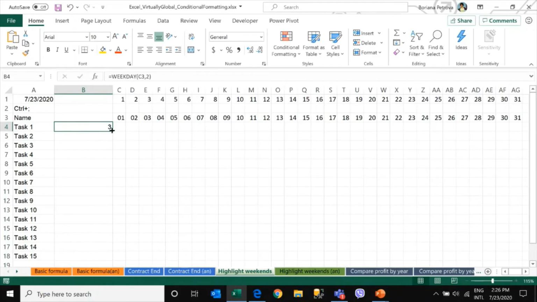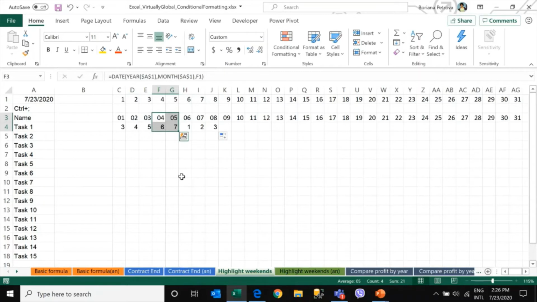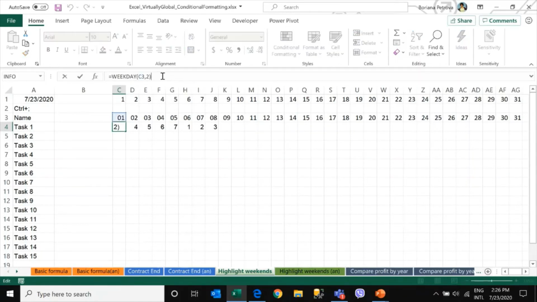I think it's in English word. So if I copy this to the right, you will see that 4th and 5th of July were Saturday and Sunday. So actually, we need to convert these results to a true-false condition, and to do this is just